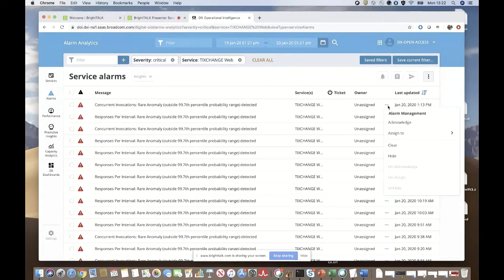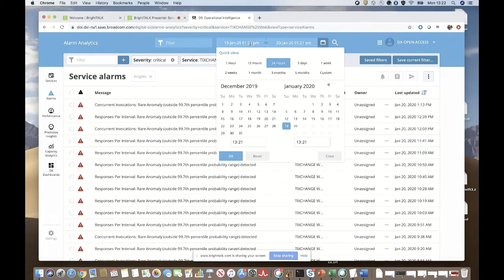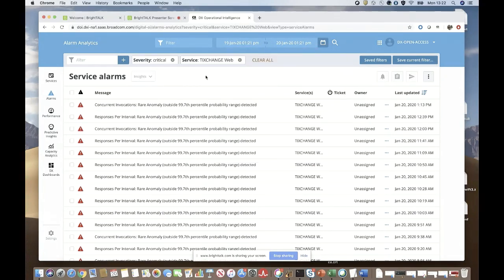So what can I do? Well, I can first of all click those 3 dots there and get a menu about acknowledging them, assigning them to someone, clearing them or hiding them. So you can also ignore things if you want to. I can also click on these 3 vertical dots here and do a couple of things like export to Excel, show even closed alarms if I want to, and also keep the view auto updating. Top here, I have the date filtering. We are looking at the last 24 hours here. So this is just a quick example of filtering here. Also, these 3 other buttons here,